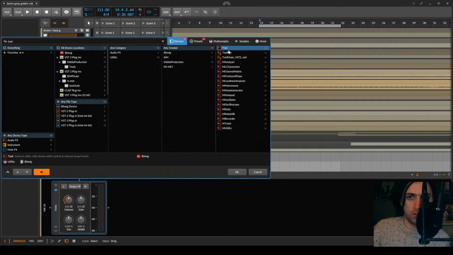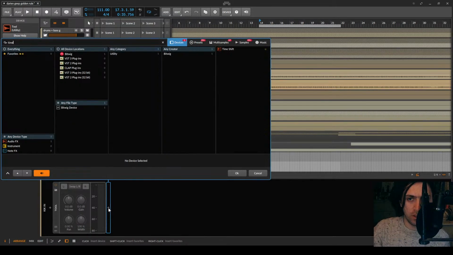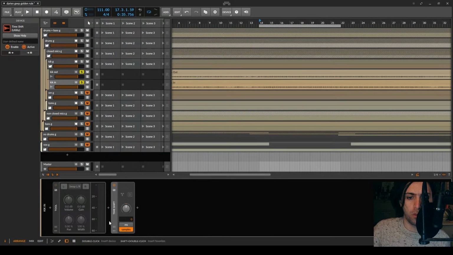So the first thing again, checking if polarity flip is good. Yeah, the polarity flip already does something pretty cool, but I still want to try alternatively to find a good setting with just a time shift.